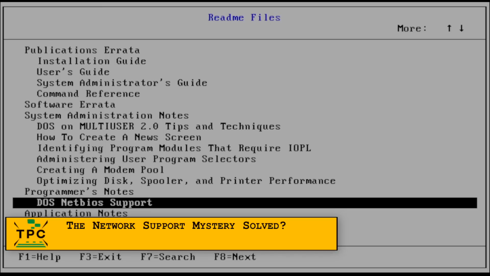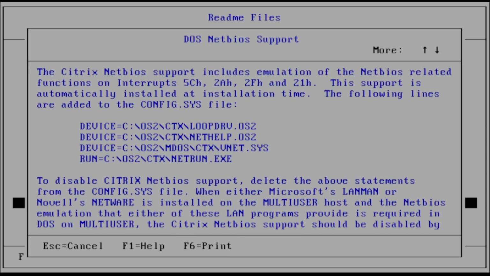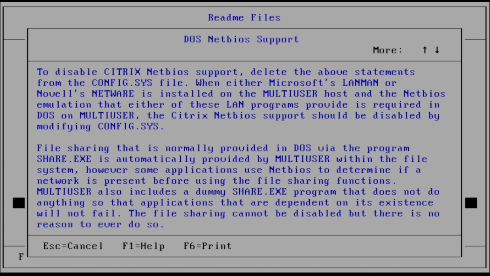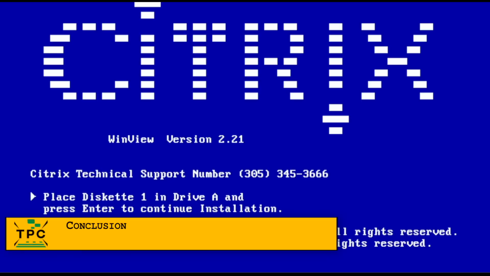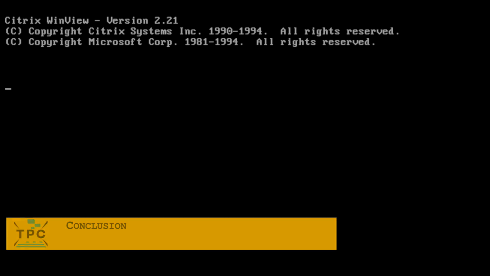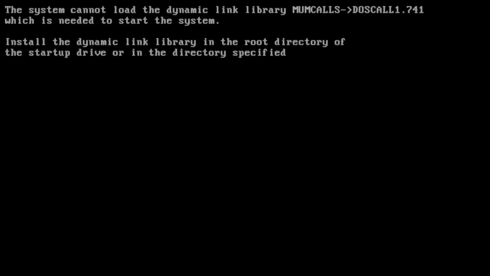More by coincidence, I then found another hint for the networking support in the included README file. As it hints at disabling MultiUser's NetBIOS emulation when installing LAN Manager or NetWare, this seems to imply MultiUser didn't include full network stacks but relied on third-party packages by Microsoft and Novell. Definitely something to revisit when I explore Novell NetWare. Let's not forget Citrix's intermediate step between MultiUser and the Windows NT based WinFrame, a little known product called WinView, which was their